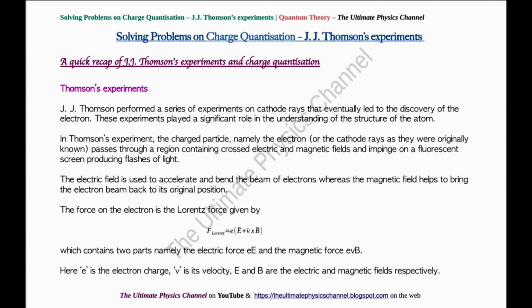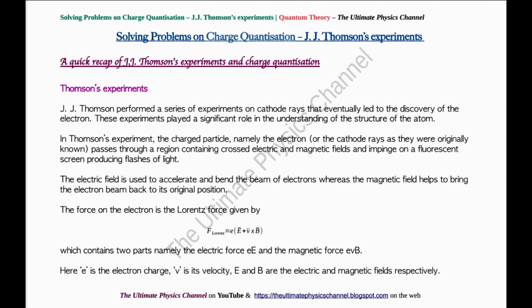Thomson conducted a series of experiments on the cathode rays that eventually led to the discovery of the electron. These experiments played a significant role in the understanding of the structure of the atom. In Thomson's experiment, the charged particle, namely the electron, of course they were thought to be cathode rays back in the days,